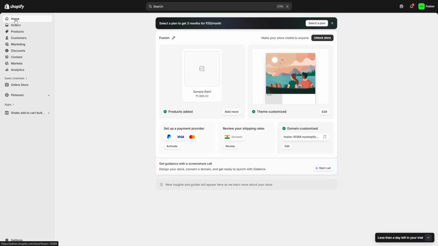Keep an eye on click-through and add to cart rates, and fine-tune the settings over time to match your store's